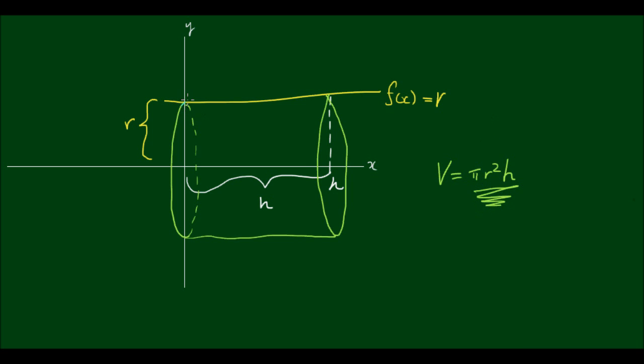So for an arbitrary function, we want to somehow incorporate our f of x into this r squared term. And to do that, I'm going to start by slicing this